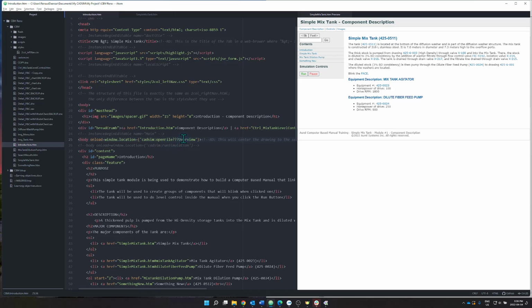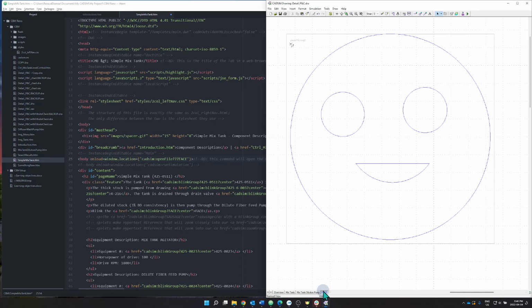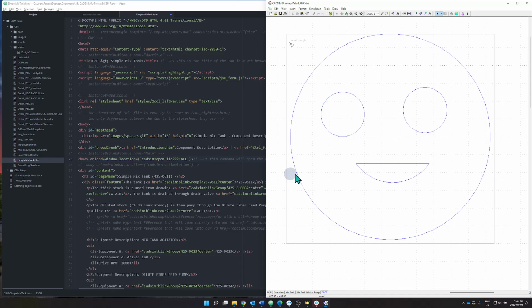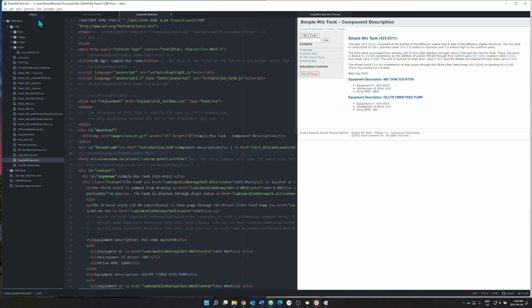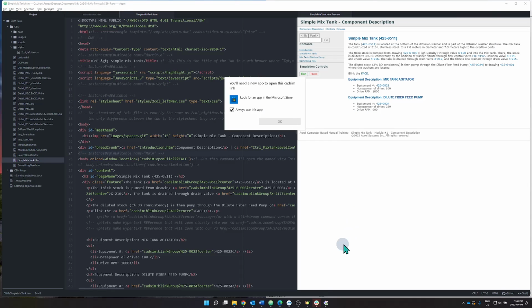So let's go to our simple mixed tank over here, and we'll edit this line here to include face instead of the mixed tank view. So face was in our drawing over here, this view. Instead of this view, I wanted upon loading the HTML page to land on this named view. Let's make that save and go over